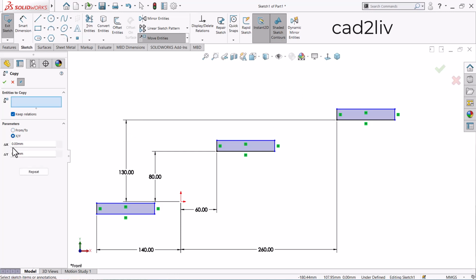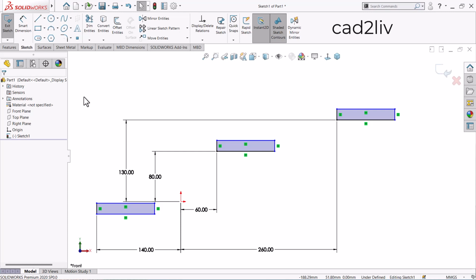In the case of xy, we have delta, that is change. Delta means change. So this is how we got the demonstration regarding how to change the x and y. So this is all in the copy entities command in detail. I hope you have enjoyed learning the copy entities